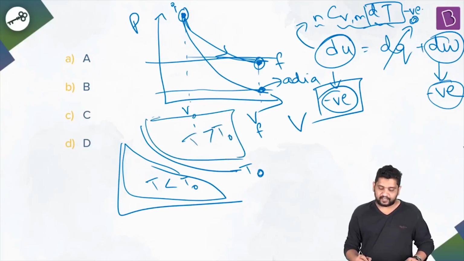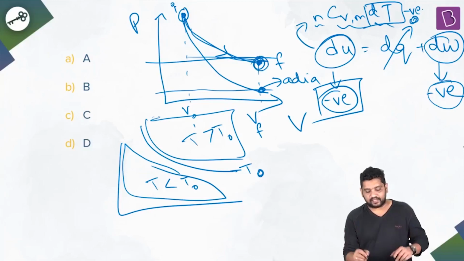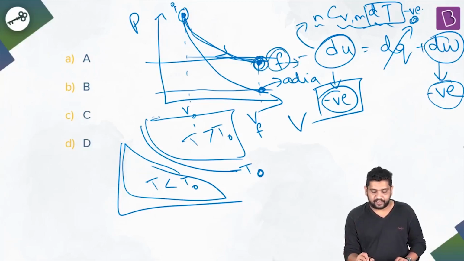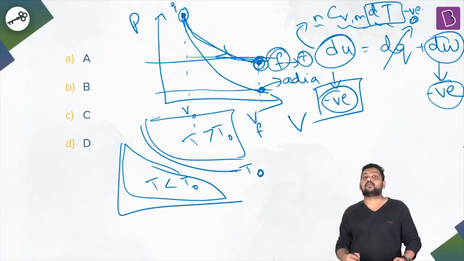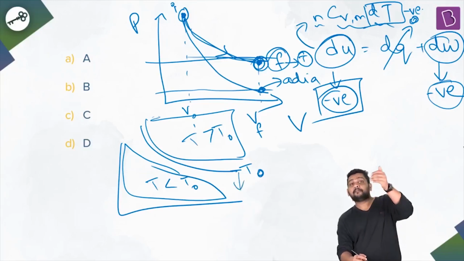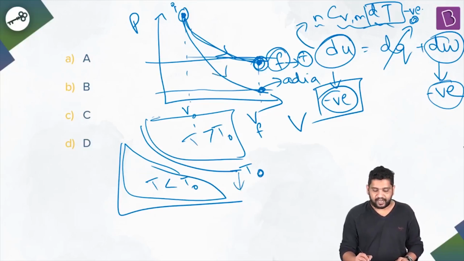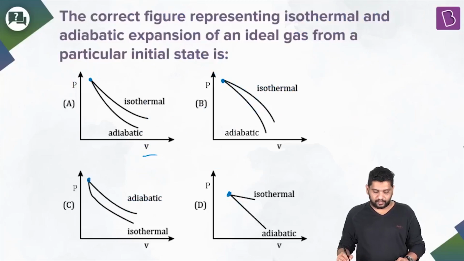So when I'm looking at isothermal expansion, I came here. This is obviously the same temperature, because it's an isothermal process. Adiabatically, it had to be a lower temperature, so as I was telling you, we have to come below the isotherm to find the adiabatic endpoint. So yeah, the adiabatic endpoint has to be below your isothermal endpoint. Looking at these options, right?